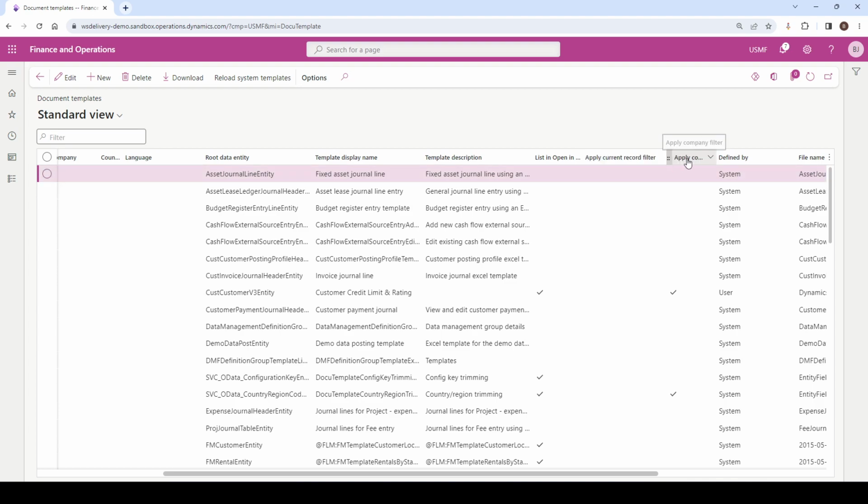We then also have an apply company filter. So if you're in a specific legal entity, which I'm currently in USMF, when I open a template, it will be filtered and limited to that specific company. Now, if you don't have that filter applied, you will see records across all of the legal entities as well. So this is really useful to be aware of, where you can review the Open in Excel templates that have